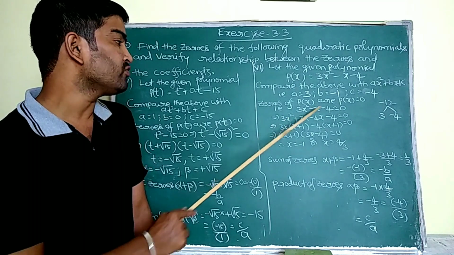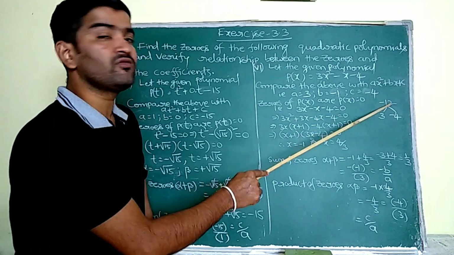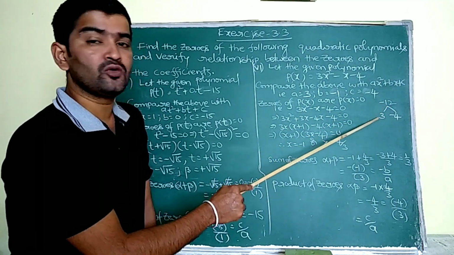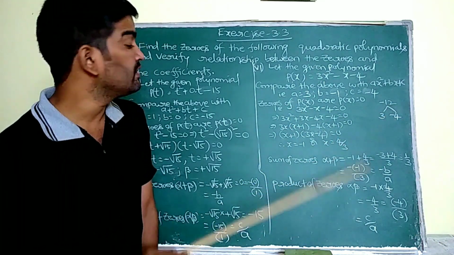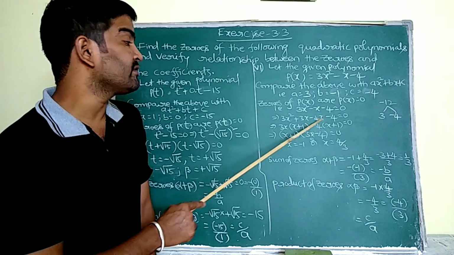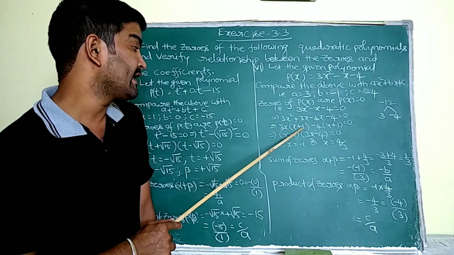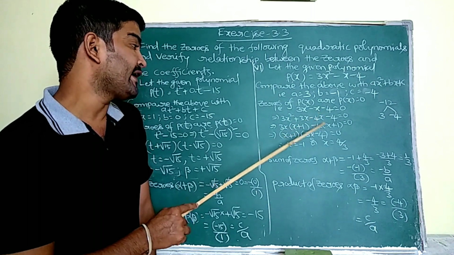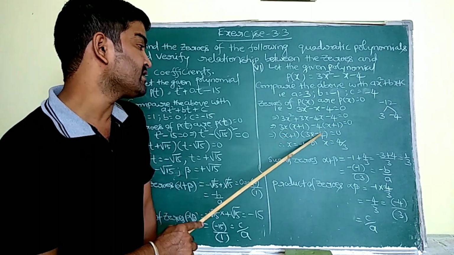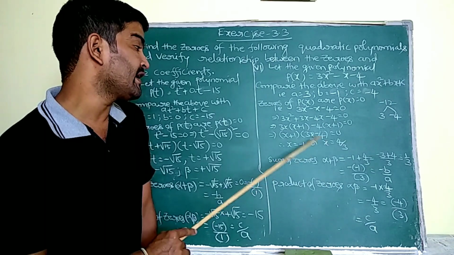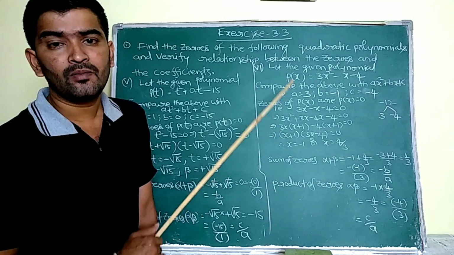So I have to split this minus 1 into 2 terms, such that the product is minus 4 into 3, minus 12. So it is going to be split into 2 whose sum is going to be minus 1 and whose product is going to be minus 12. So 3x square plus 3x minus 4x minus 4 is equal to 0. From the first two terms take out 3x as common, then x plus 1 is the remaining value. Take out minus 4 as the common, then x plus 1 is the second value. Now x plus 1 into 3x minus 4. So x is equal to minus 1 and x is equal to plus 4 by 3. These are the zeros of the polynomial p of x.